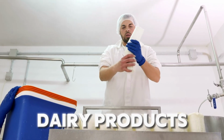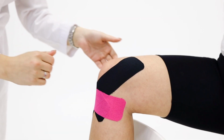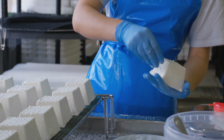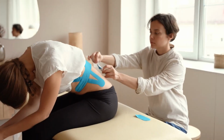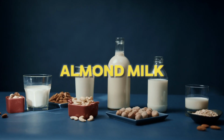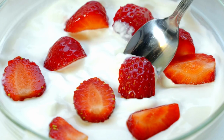Dairy products. While dairy products are a rich source of calcium, they can also provoke inflammation in some people. Casein, a protein found in dairy, and arachidonic acid, a type of fat, can trigger joint discomfort, particularly in those who are lactose intolerant or sensitive. Tip: experiment with dairy alternatives such as almond milk, coconut milk, or plant-based yogurts to see if it reduces your